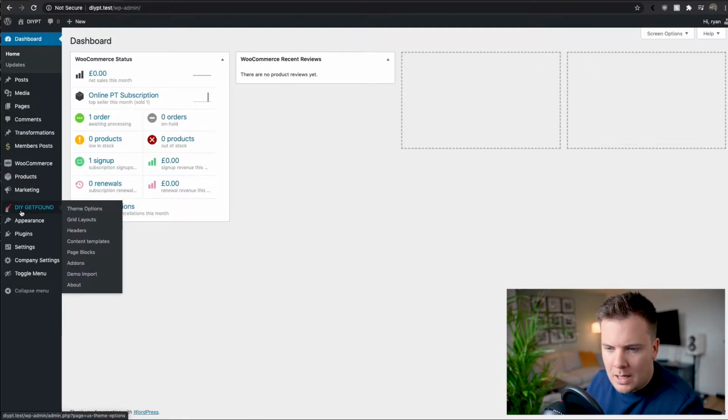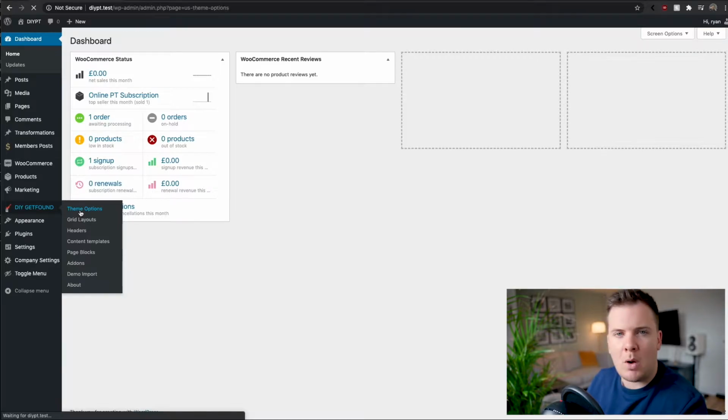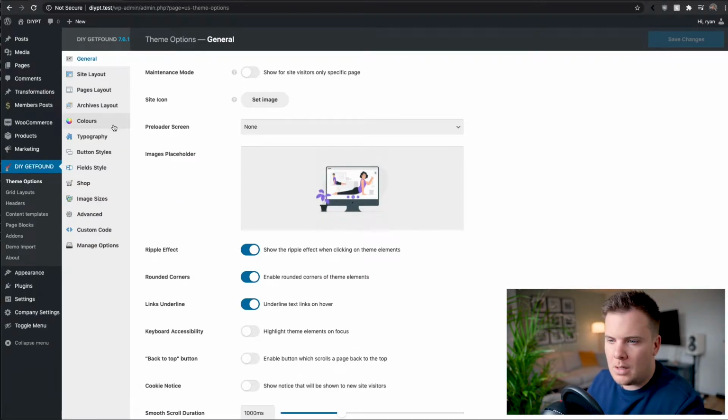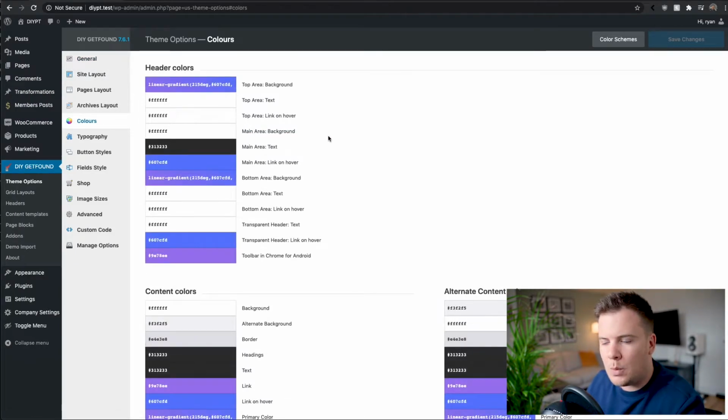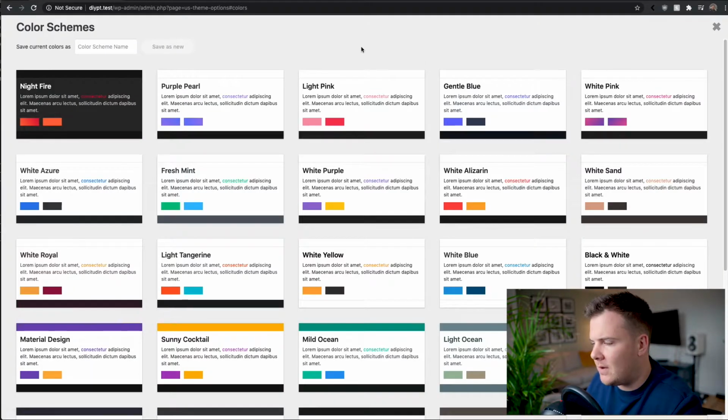On the left hand side where it says DIY Get Found, if you go to theme options, inside theme options there's a color scheme maker. Here on the left hand side where it says colors, we're going to be choosing our default color scheme, that will hopefully match your brand. And if you go to the top right hand side where it says color schemes, if you click there,